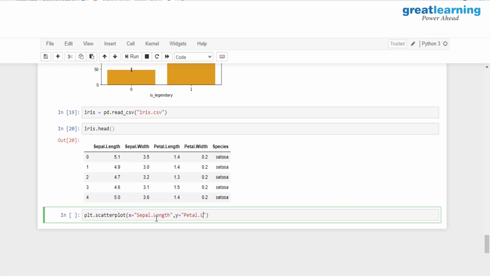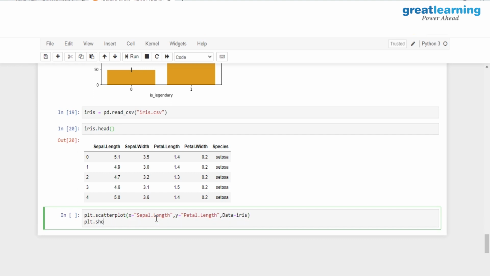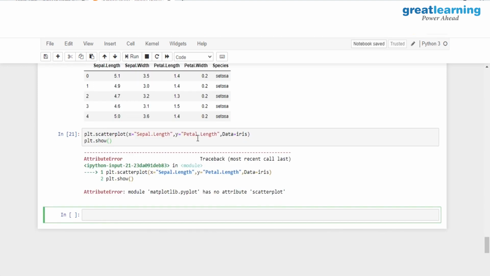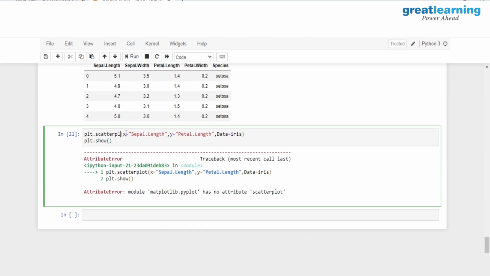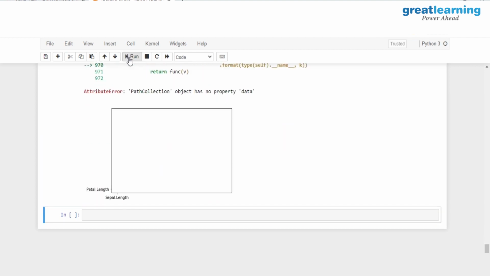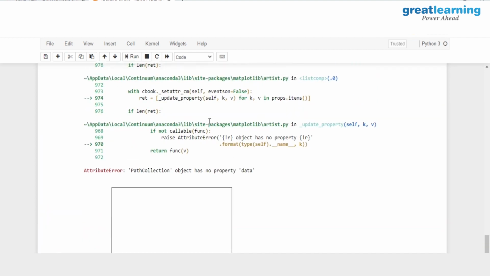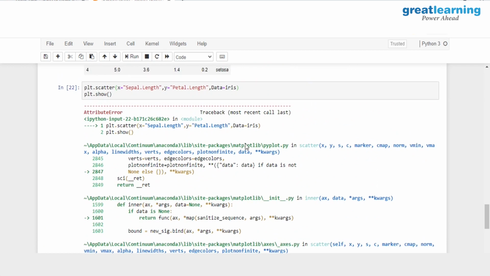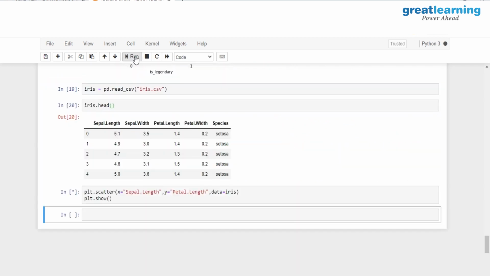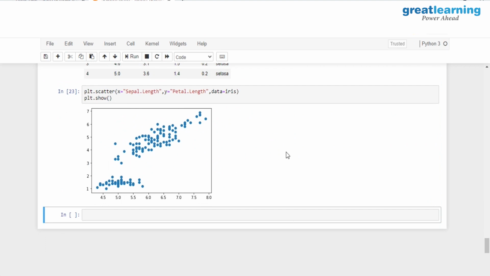So let me give in the name of the column over here, which will be petal length, and the data which I'm using is obviously iris. Then I can go ahead and show the result. Let me just keep it as scatter over here. And this has to be a small d and not a capital D. Let me hit run, and this is the resultant value.